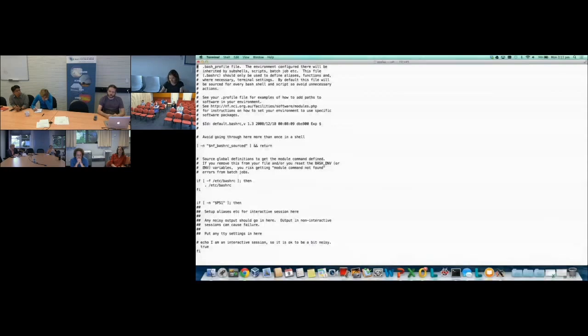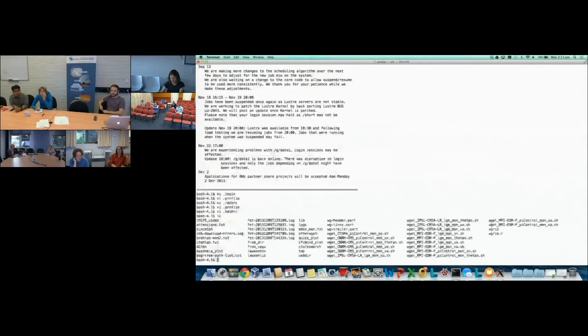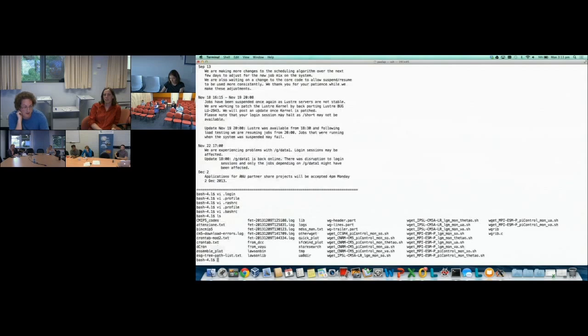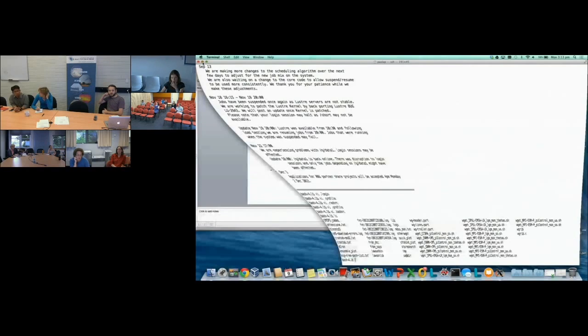So if you want to set up any variables each time you log on to the computer, it's .login. Yep. Just to clarify, I think C shell is the default. Is that right? So most people will actually be on C shell. It puts up a little screen asking what shell you want the first time you log in. Oh, is that what it does? Okay. I've noticed most users here are on C shell.